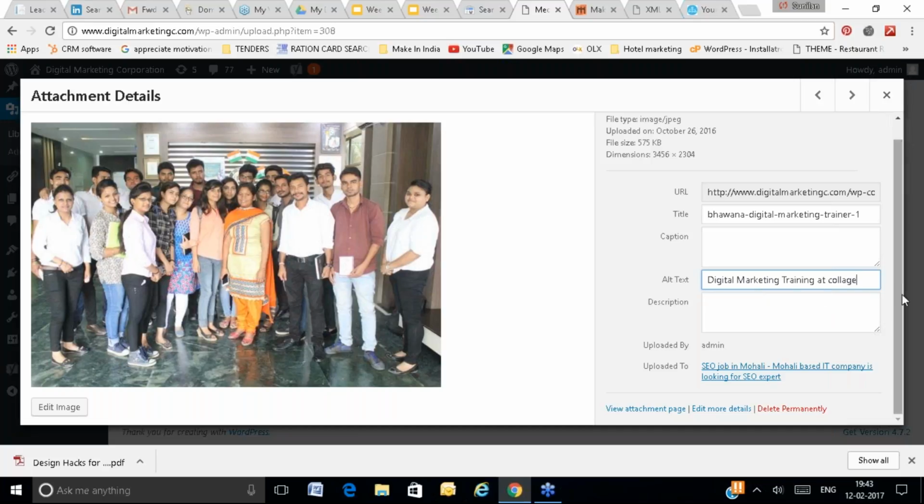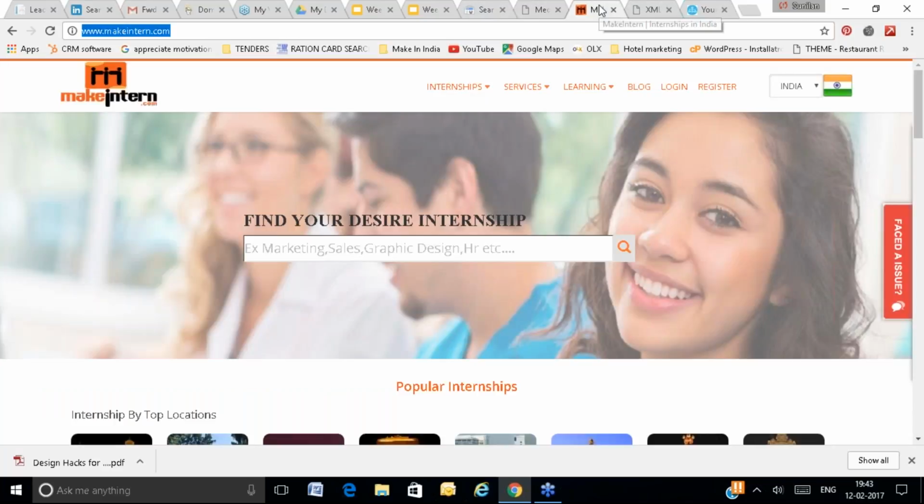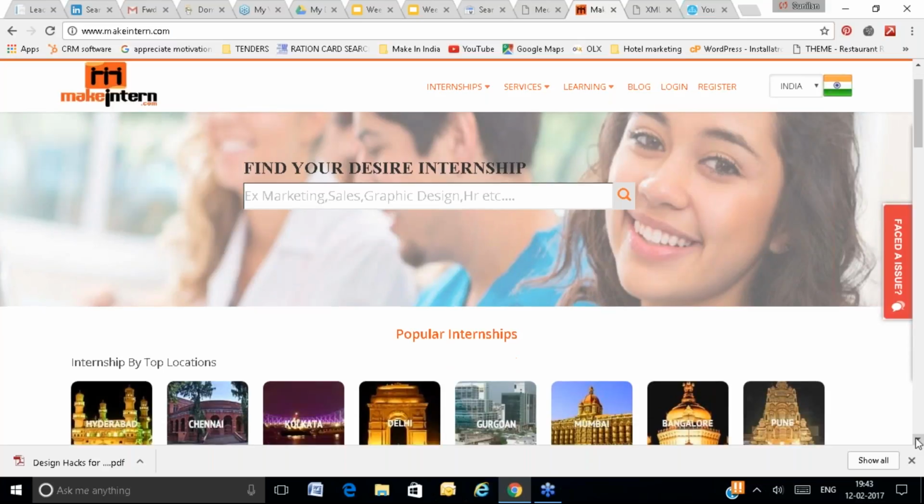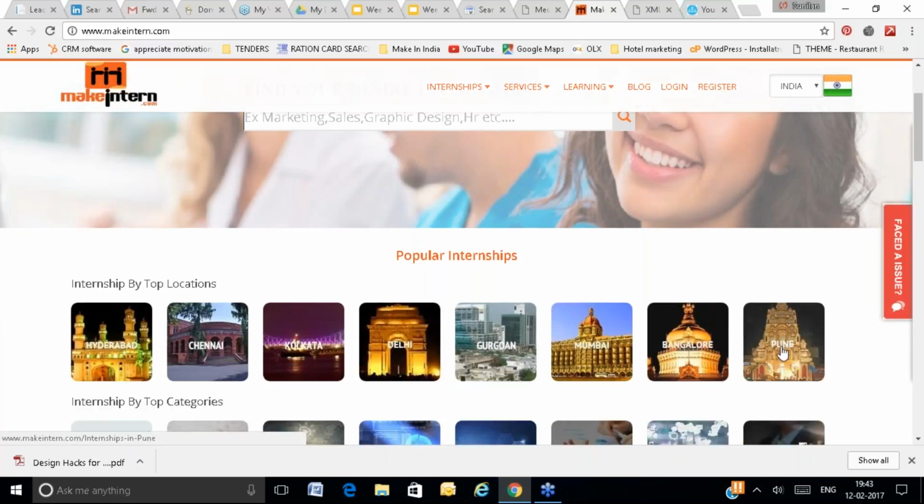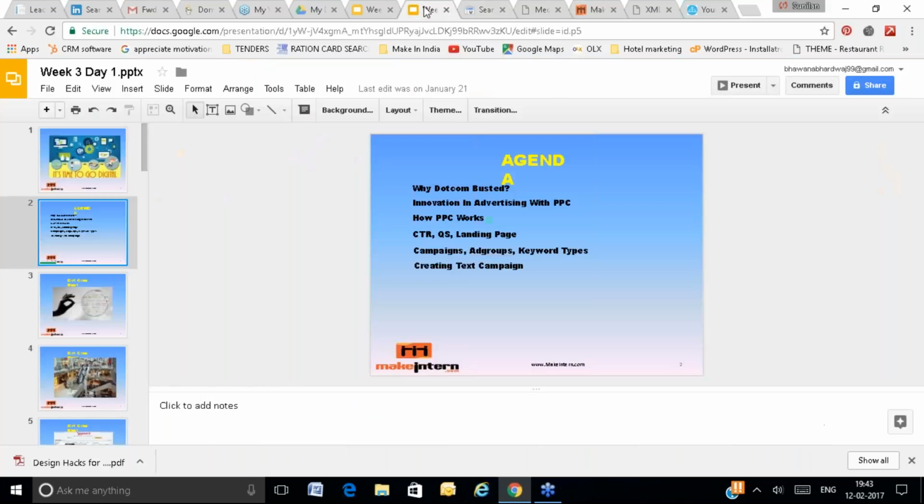So this is your alt text. When you place this alt text, it will appear on the page if somehow your image is not uploading. If your image is not uploading, then your alt text will appear. This is how your alt text will appear, you can see here.